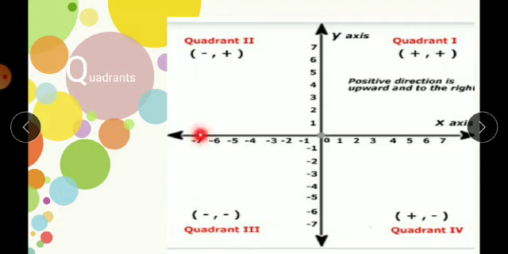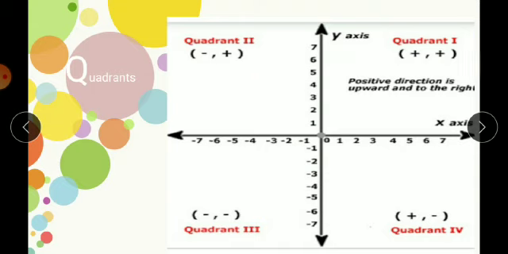The horizontal line is called the x-axis and the vertical line is called the y-axis. The point of intersection of the axes is called the origin. The coordinates of the origin are 0, 0. The coordinate axes divide the plane into four parts